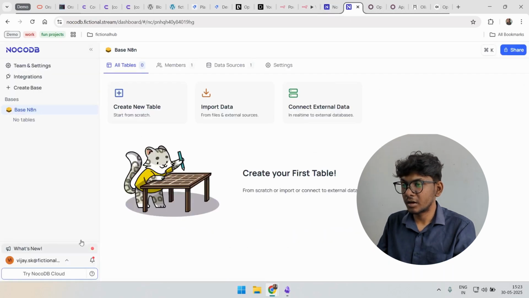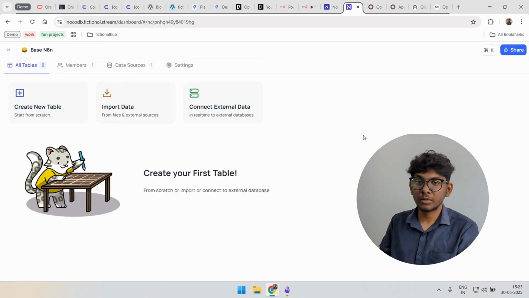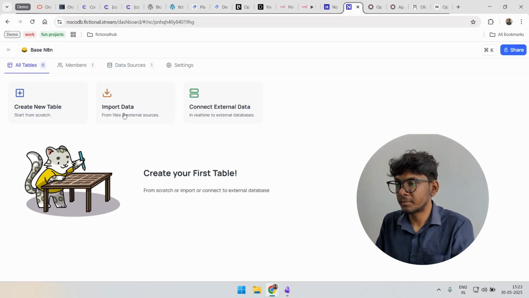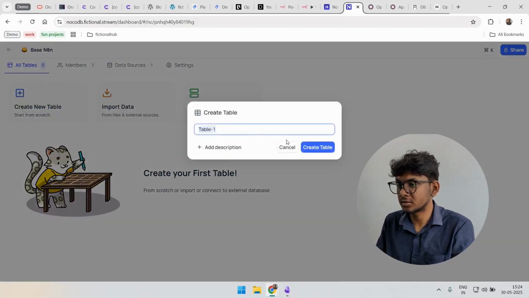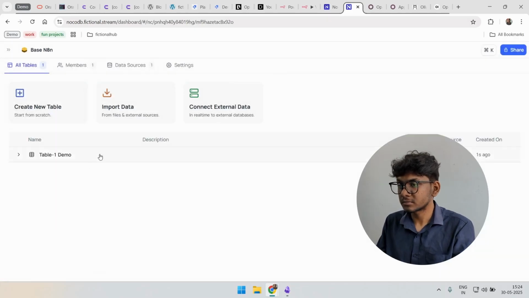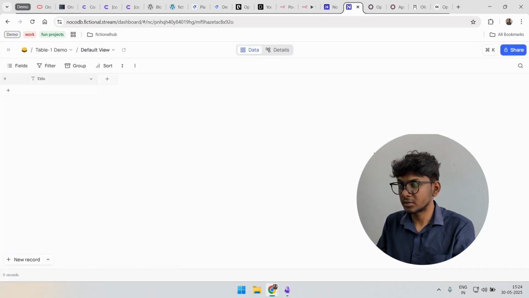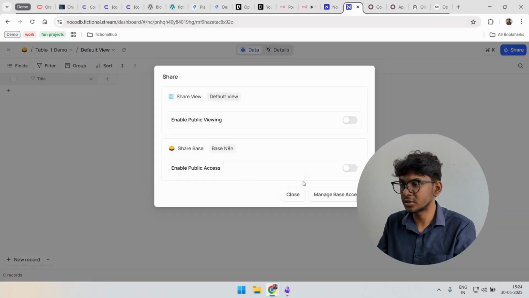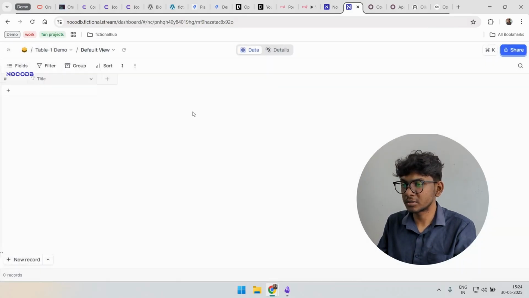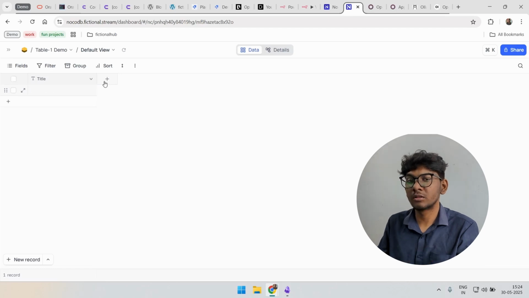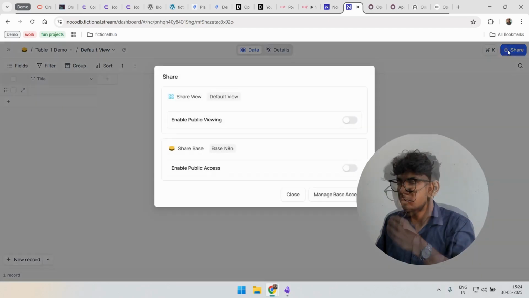In Coolify, on the NocoDB side, I've prepared a simple demo. Let us take a table, create a table. As you see, we can input data and use the self-host share option, the public one. So let us create a table. I'm not showing the full thing, but you can